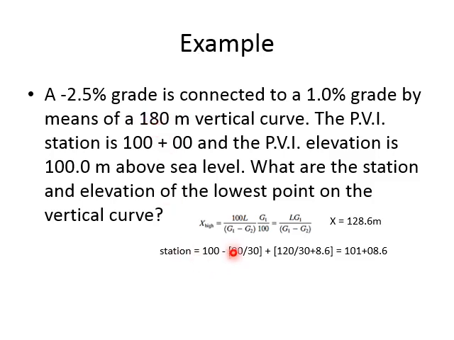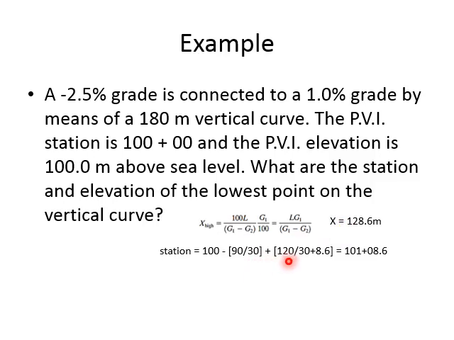Remember I told you the distance between PVI and the beginning is always half of the length. So from 100, which is the station for PVI, I subtract 90, because this is half of the length, and then I divide it by 30. Why did I divide by 30? Because it's in meters, and each 30 meters is one station, and 100 is the number of stations, right? So I can subtract stations from stations. In order to convert 90 into stations, I divide by 30 because it's in meters. So every 30 meters is a station. So 100 stations, which is for PVI, minus 90, which is the length from PVI to BVC, upon 30 to convert to stations.